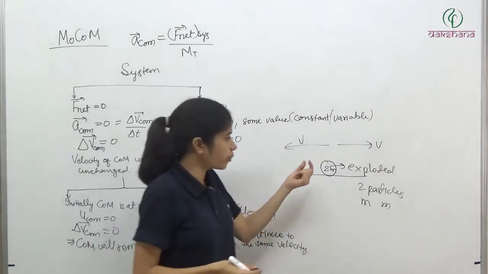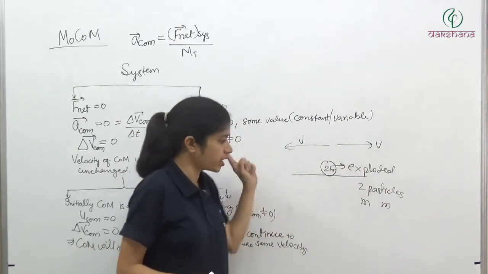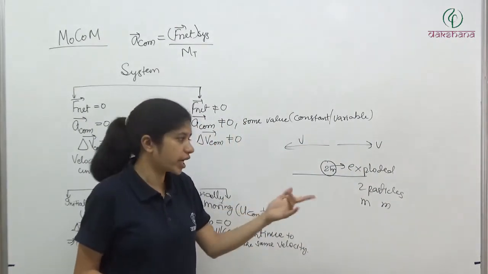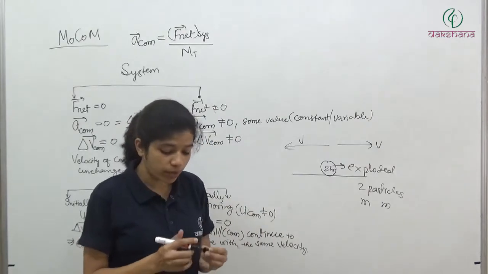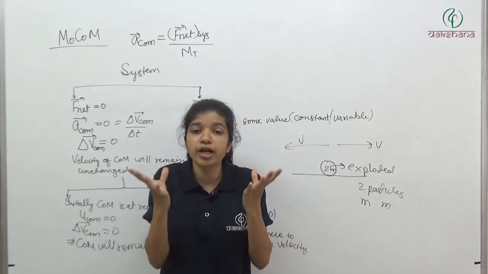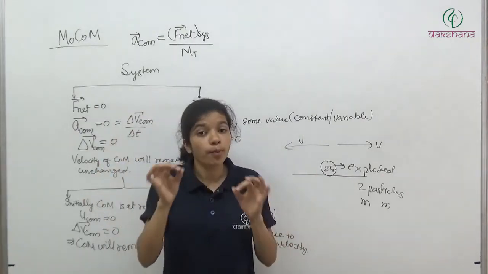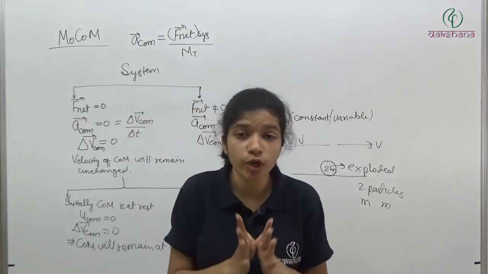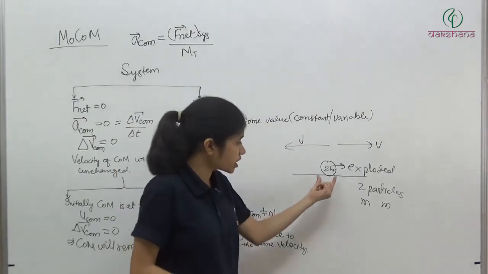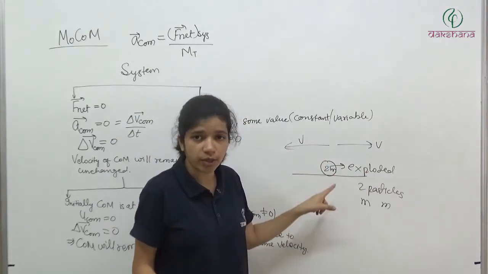So now what will happen? It is moving in this direction. So mv minus mv divided by 2m, we are getting v of center of mass as 0. So sometimes like we have a bomb which is suddenly exploded, and then the individual particles will move with some velocity, but still the center of mass is going to remain at rest, because initially हम यहाँ x direction की बात कर रहे हैं, क्योंकि y direction में तो उस पर फोर्स है अभी.